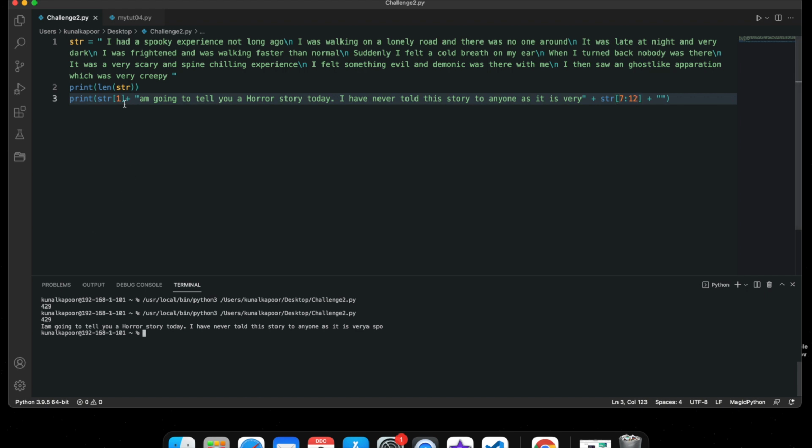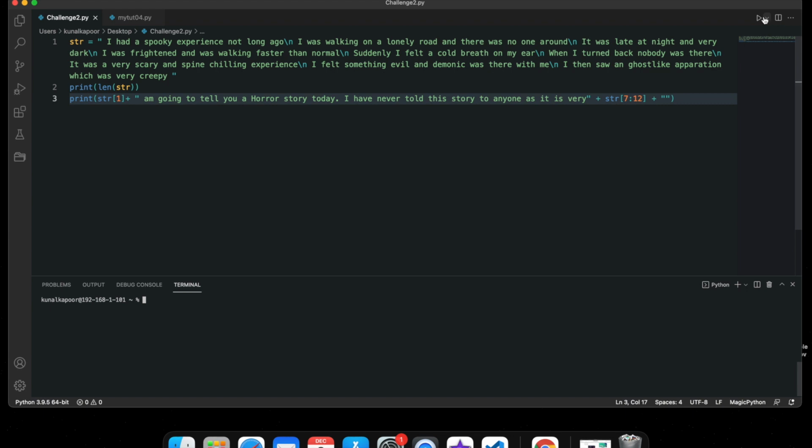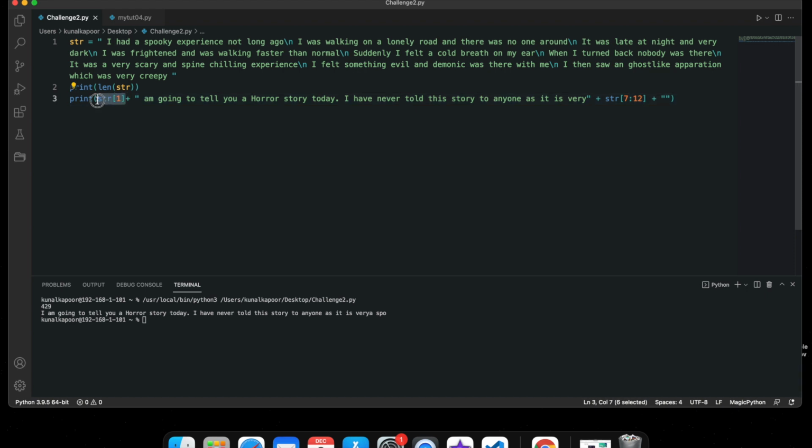First thing, I need to provide a space here, so it makes more sense. I am, so we got I correctly from string slicing. Then I have never told this story to anyone as it is very.